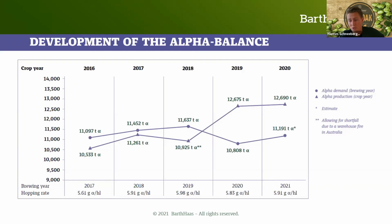And I do not even want to talk about this too long, because I think it's very obvious what we can see here. We are in an oversupply situation at the current state. And this means that we have a good spot market. And this also means that we are looking at quite competitive prices. So that's a good thing for the brewer. But as I already mentioned, the volatility of the hop harvests is really strong. And that's why forward contracting still makes a lot of sense, because there could be a bad harvest just around the corner. And then it's not a lot of fun to look for certain hops in the spot market. Okay,